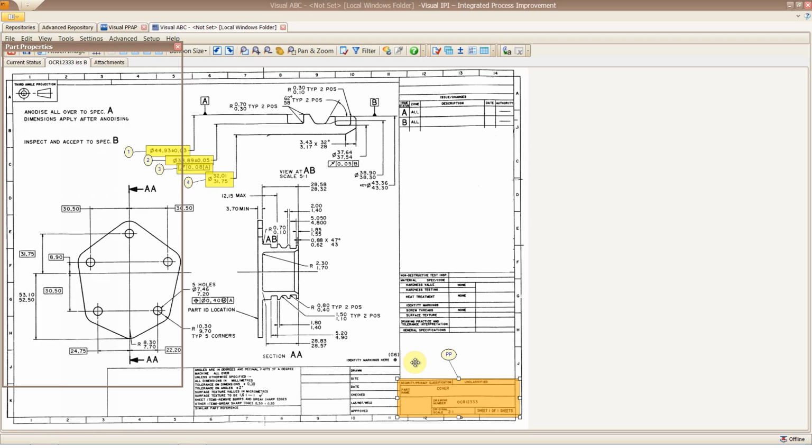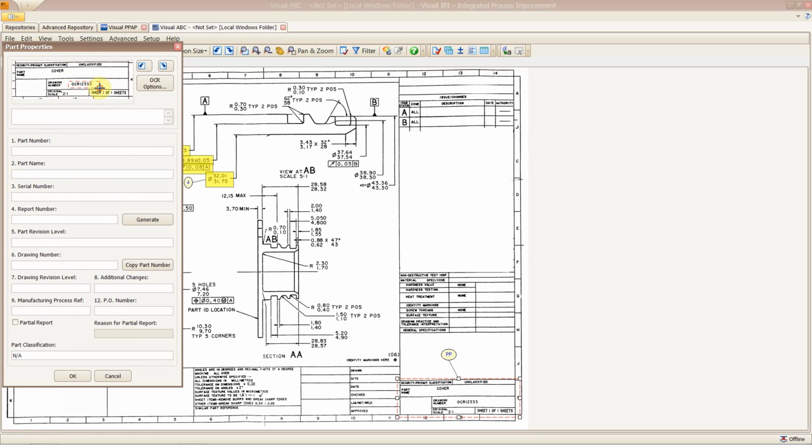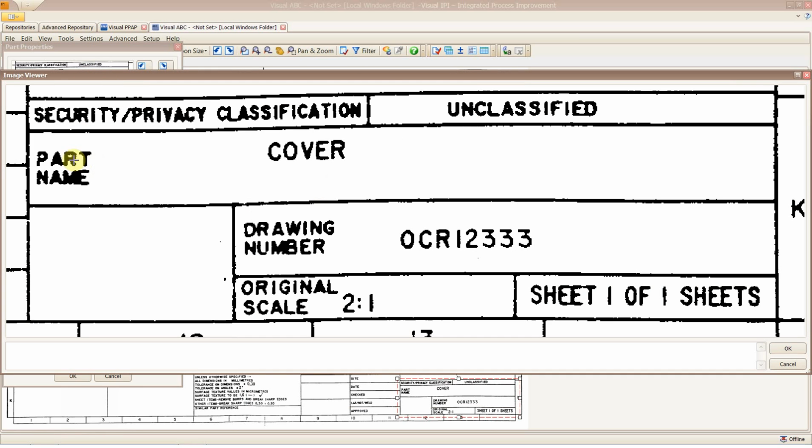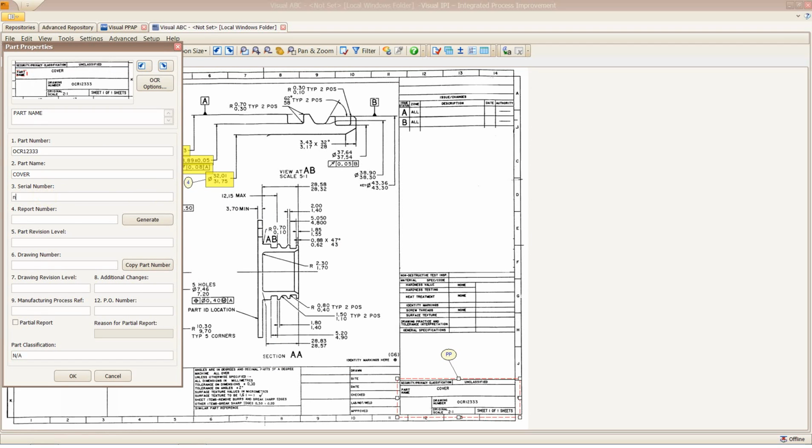And again, just double left mouse click, grab the part number using the optical character recognition. I can do a little edit there. It's not read the part number correctly. Grab the word cover, drag and drop. Don't forget you've got the double left mouse click, and you can zoom in and do the OCR, etc. So if I just grab some basic details,